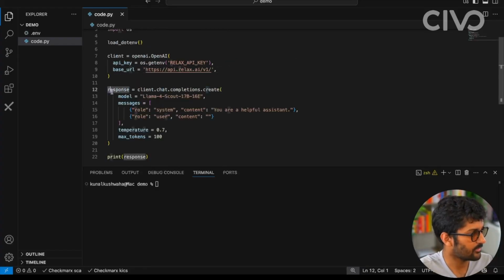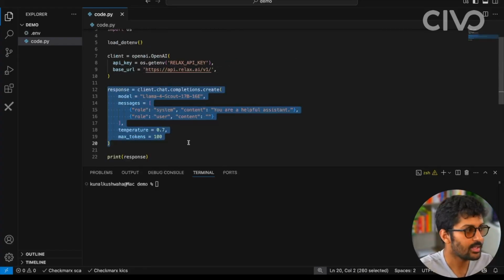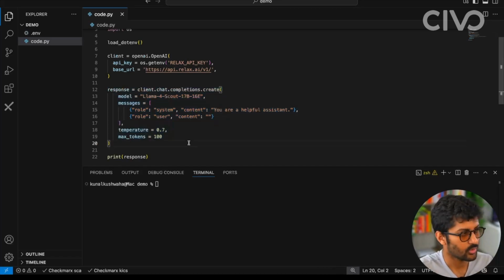This code sample, if you've already worked with the OpenAI API, is exactly similar. You can play around with that, whatever your use case is. The only change you have to make is the base URL and the relaxAI API key. Rest everything else can remain the same. Here you can see that I've also added the model that relaxAI supports. Now I can just give it some content, something like